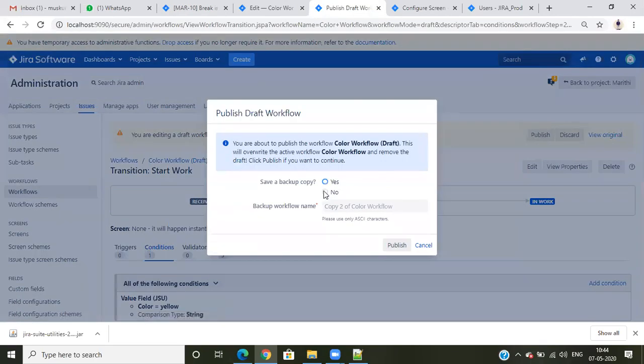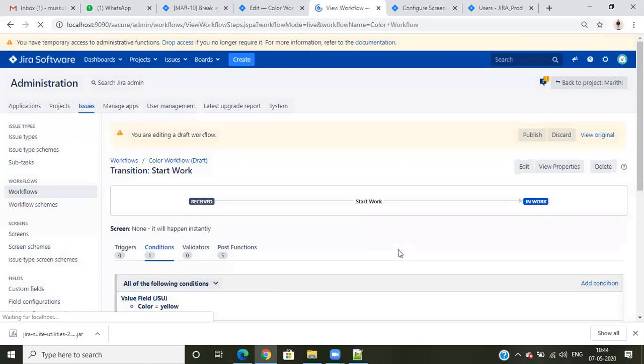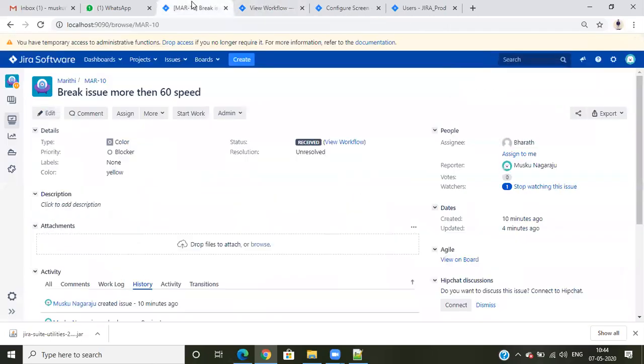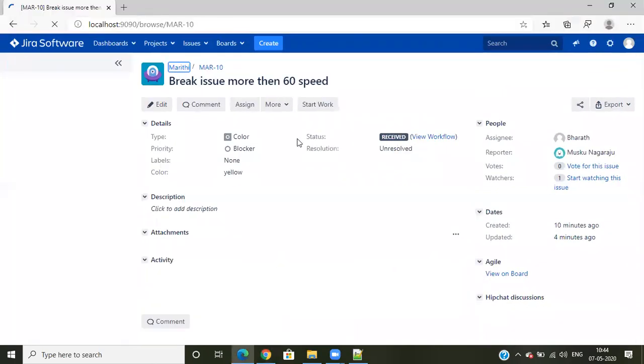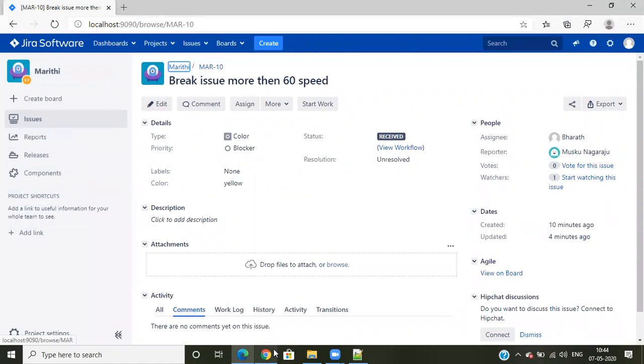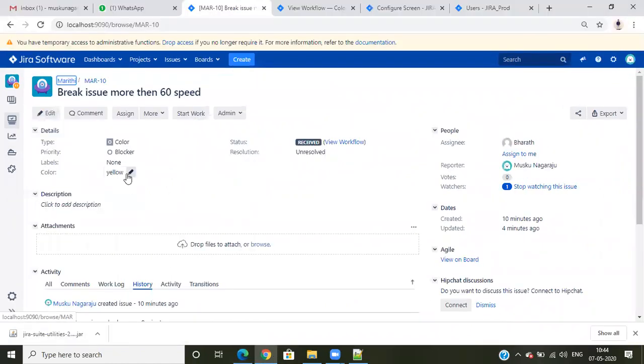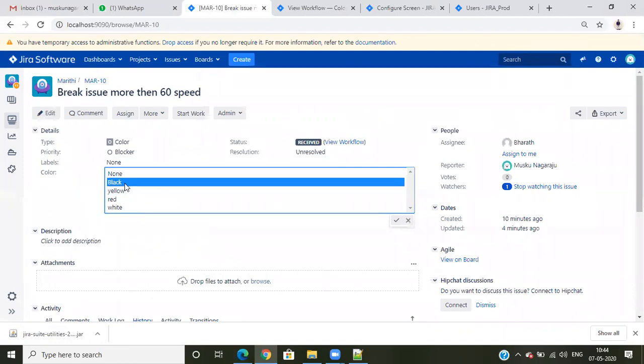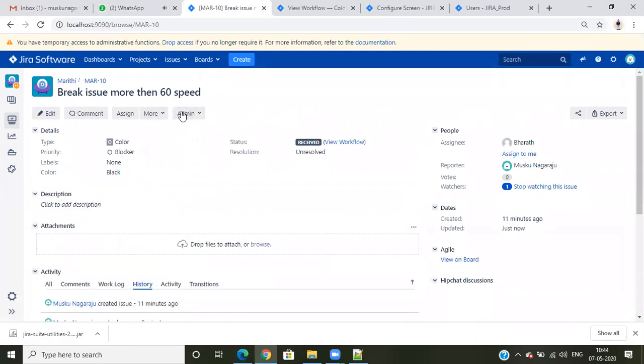Can you see? Here, publish. Now if I refresh, I can see it, and Bharat can also see it. Any people can see it, but the color should be yellow. Suppose I rename it to black. See, we cannot see it now.